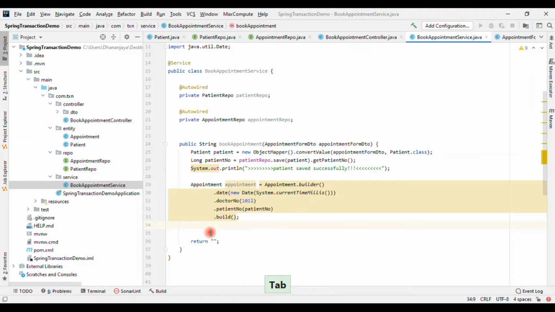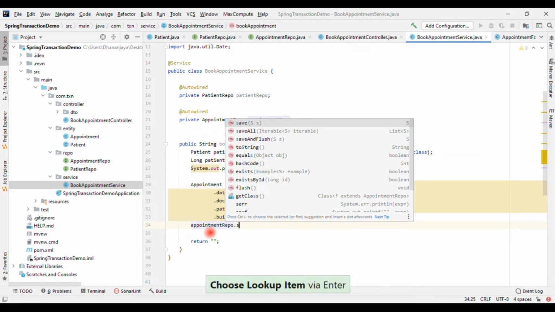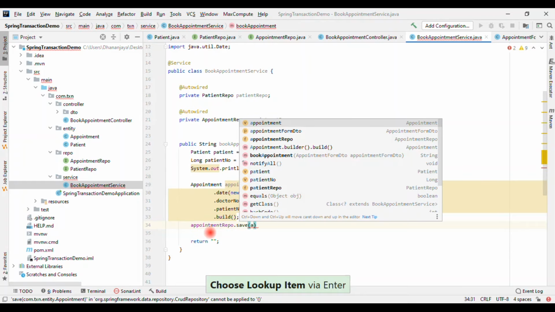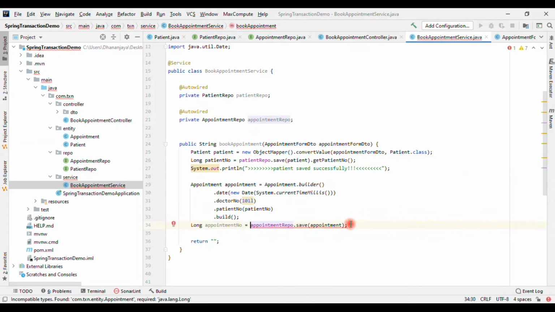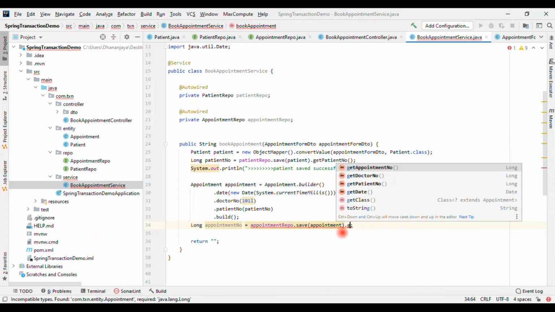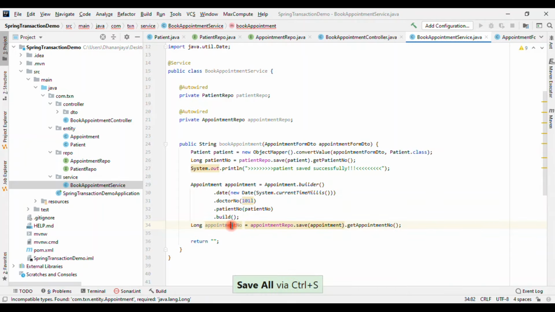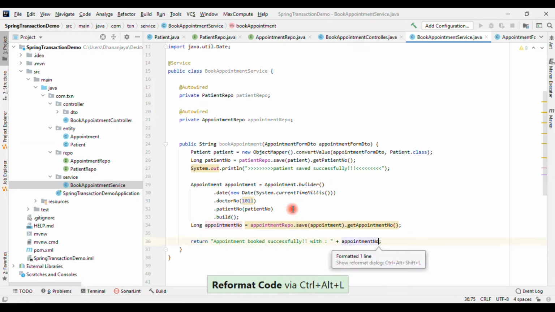Let's say appointment repo dot save of appointment. But now we need to return the ID of the appointment. So let's store that into the variable appointment number. Then we need to get the appointment dot get appointment number. This will return like appointment booked successfully, appointment number will send. Okay, that's it.